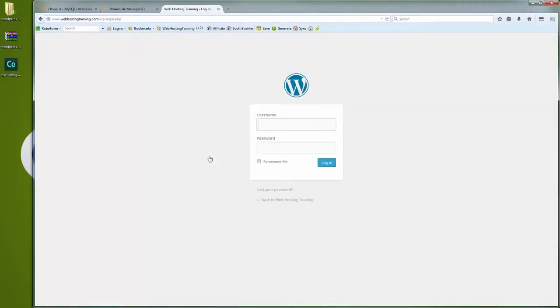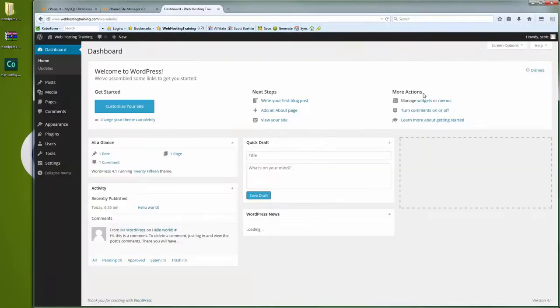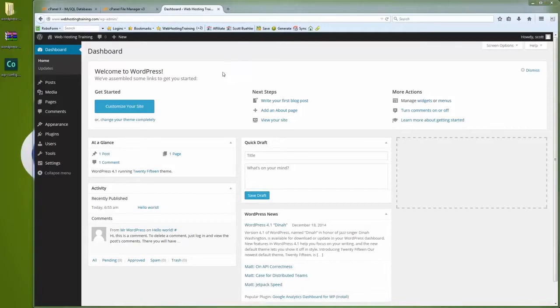From here, you're just going to click Login and use the same username and password. Click the Remember Me box and then hit Login. From here, you'll see the dashboard is presented to you, and you can also visit the site to make sure